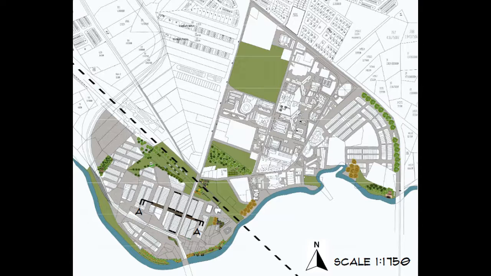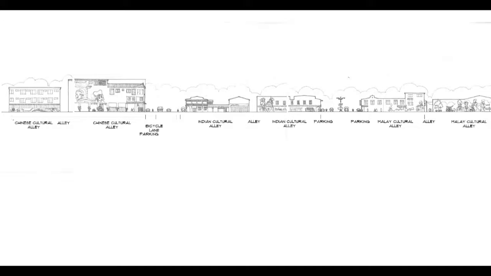For the residents of Taman Bandar, Reflexology area is a mini recreational park aimed at children with complete facilities. We also provide a section where the section will be cut at the cultural alley that is labeled with AA. This alley focuses on the street arts from 3 different races in Tanjung Malim, which are Malays, Chinese and also Indians. From the section also, we can see our proposed bike lane after restructuring the road structure. We replace the diagonal parking with parallel parking and the space that is left will be transformed and utilized to become a bicycle lane.